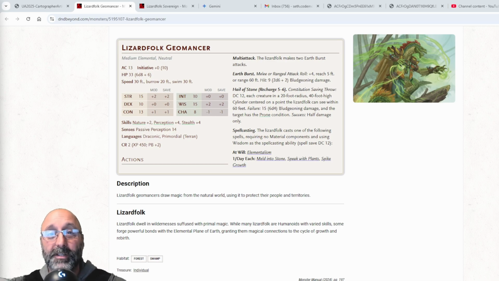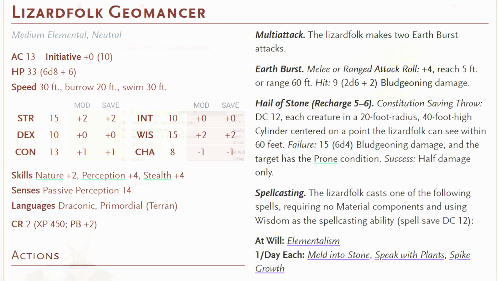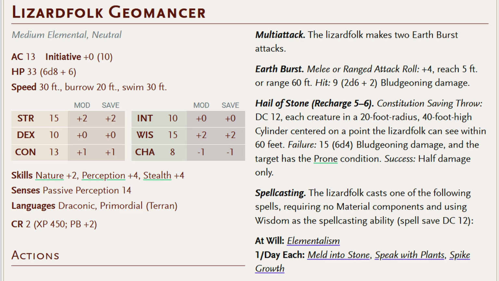The first one we're going to talk about is the Lizardfolk Geomancer. Both of these lizardfolk are not humanoids any longer, but elemental due to dwelling in a wilderness suffused with primal magic. The general lizardfolk description says that many lizardfolk are humanoids with varied skills. Some forge powerful bonds with the elemental plane of Earth, granting them magical connections to the cycle of growth and rebirth. And the Lizardfolk Geomancer is a CR 2 version of a lizardfolk that has bonded with the elemental plane of